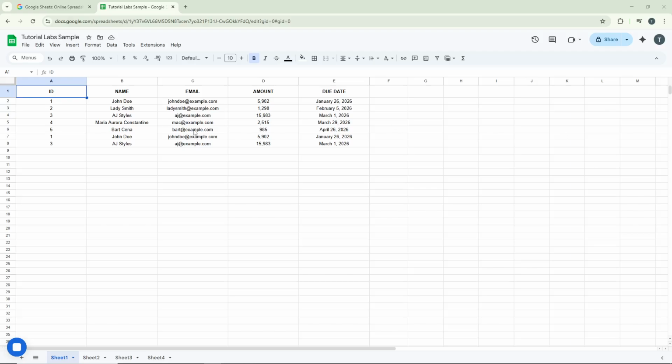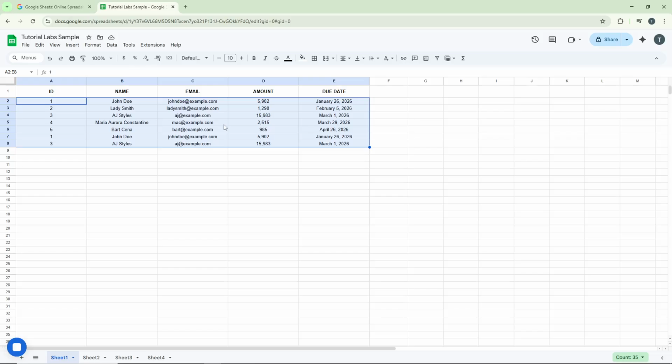Now comes the important part of selecting your data range. Click on the first cell you want to include in your sort. This is typically where your data begins. While holding down the Shift key on your keyboard, click on another cell to create a highlighted range. This action selects all the cells between your first click and your second click, ensuring you capture all the data you need to sort. Make sure you've selected the entire range you want to work with, as this determines what